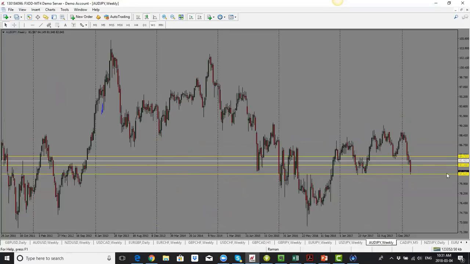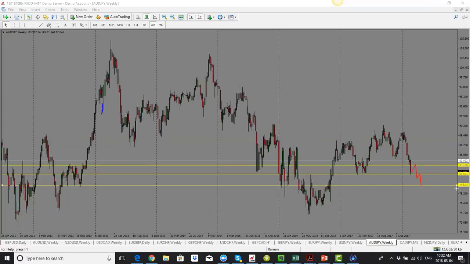So with this one, we are into an important level, and that could push things up. So we could get pullbacks all the way into the 83.20 level, and then a drop from there if yen stays the same. But do remember that we have the Bank of Japan, and that could change things drastically based on what they say. So 83.20 would be a good level to look for a sell order here.